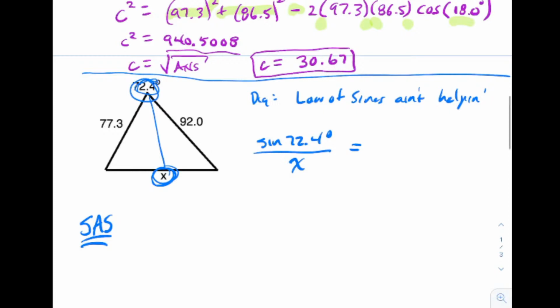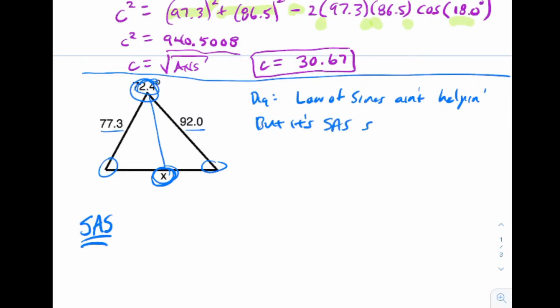And then, well, you get your choice of sides. Problem is, you don't know either one of these angles. There's no way to get them. If all you have is the law of sines, there's no way to get them. You're stymied. You're bumming. And so that's why we need the law of cosines. So again, law of sines ain't helping, but it's sine equals side, so bring in